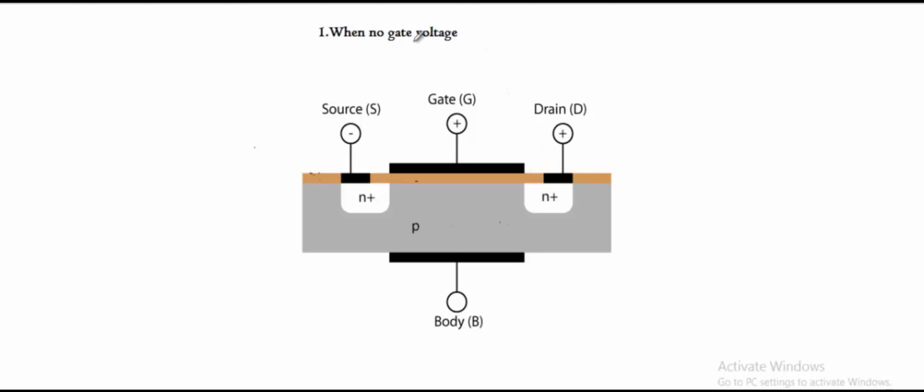So coming to the first case, when there is no gate voltage, this is the 2D picture of a MOSFET. This is an N plus region. Yesterday I said that this is a heavily doped N plus region. That means there are excess electrons in this region. Here it is a p-type substrate, therefore there will be no electrons in this region. So in this case, some diffusion takes place. Diffusion is nothing but electrons moving from a higher concentration area to a low concentration area. Here the electrons are more in number, that means there is a higher concentration. Here there are no electrons, that means this is a low concentration.